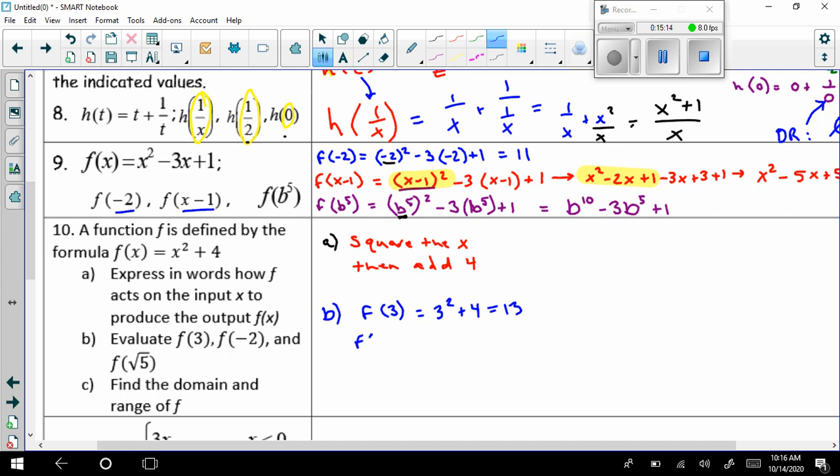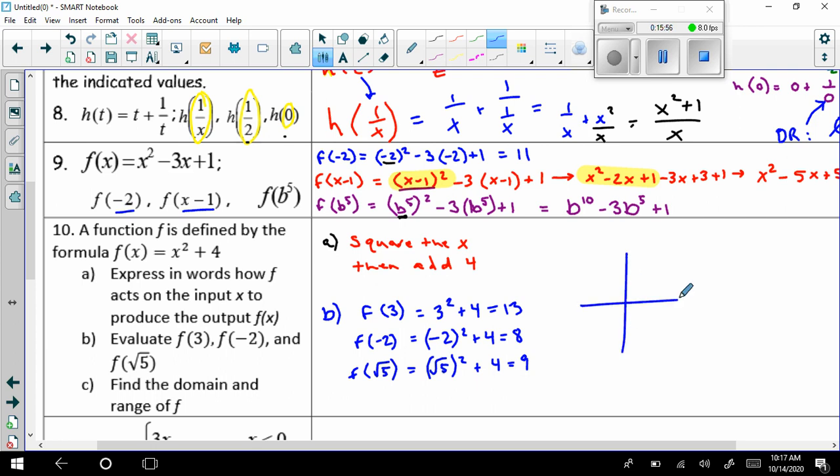All right. f of negative 2, we're going to do the same thing. We're going to square negative 2, which is positive 4, and then add 4, so we get 8. All right. f of the square root of 5. Well, we're going to square the square root of 5, and when we square a square root, they cancel, and then we're going to add 4, so we have 5 plus 4 is 9. All right. So again, looking at what is the input, what are we doing to it, now what is the output? All right. You can also find the domain and range of this, and you can look at a graph for this